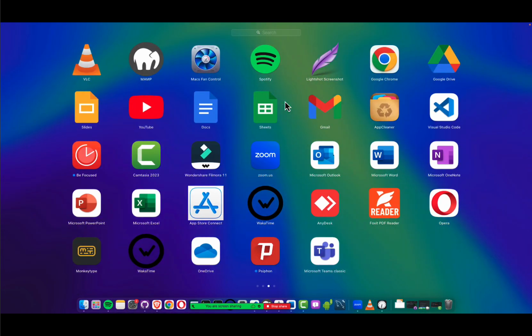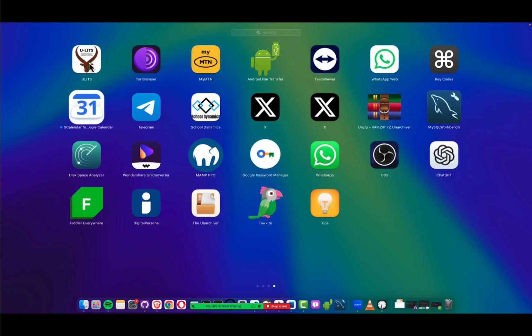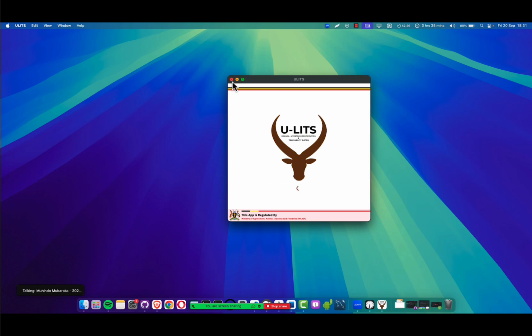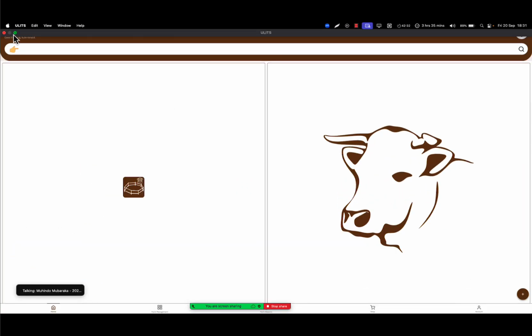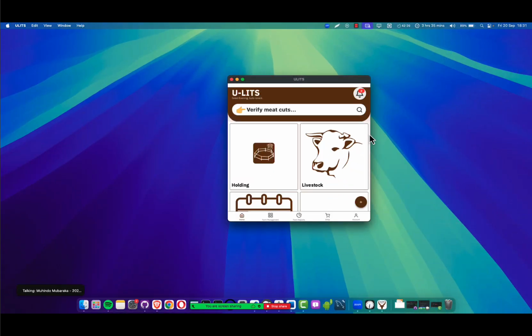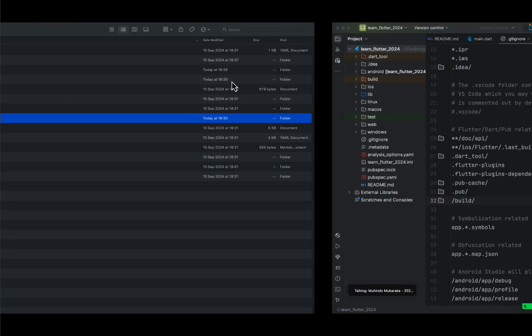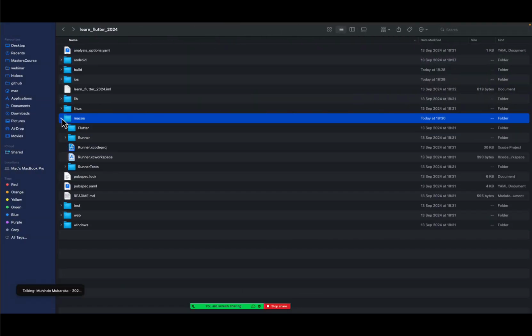Let me show you one of them. I think it's here. So I'm the one who created this application and some others. This one is an application that I created using Flutter and it is running on the Mac operating system. It's an old app, so don't mind how it looks at this moment. So it's on iOS and the rest. What I'm trying to say here is you can compile Mac operating system software, and that will be in